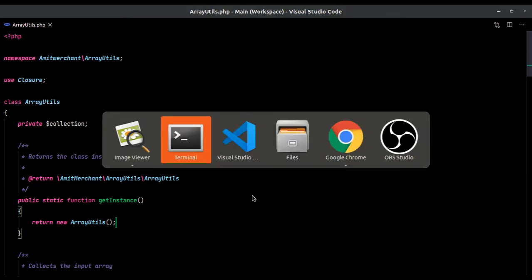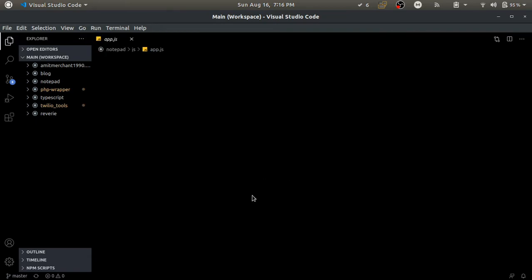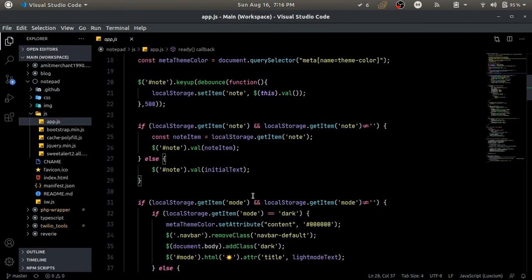Okay, so I have my VS Code open over here, and let me open up a file, and here it is. As you can see, we have a few elements over here which we can get rid of.